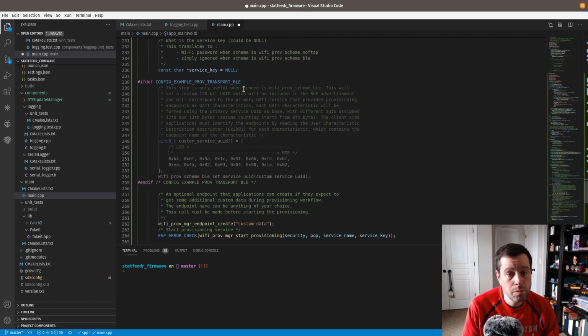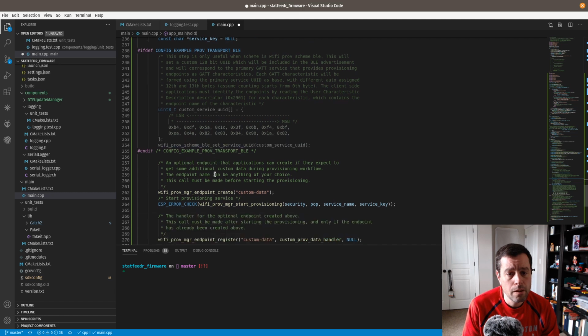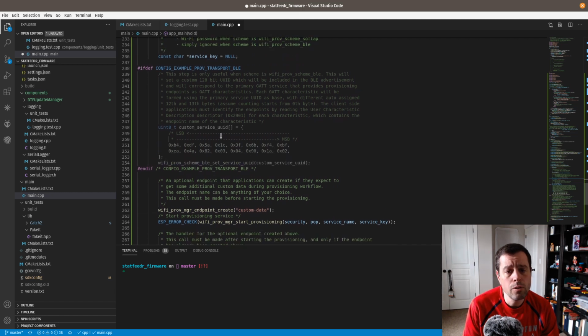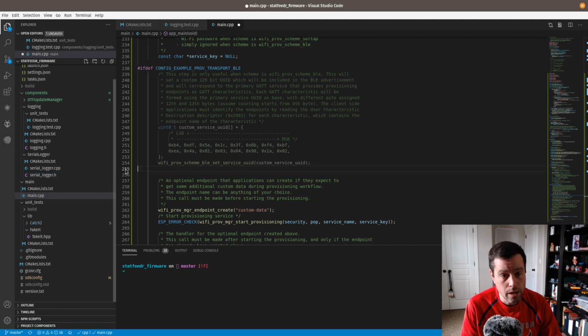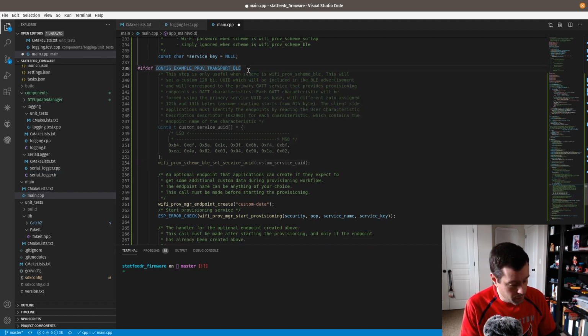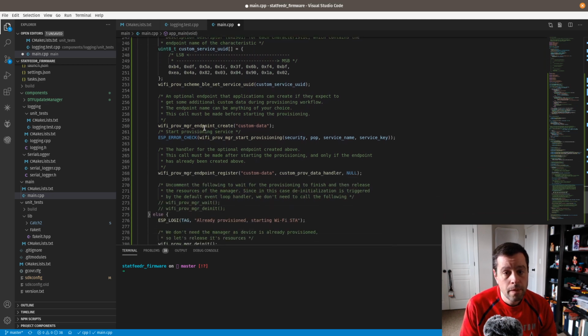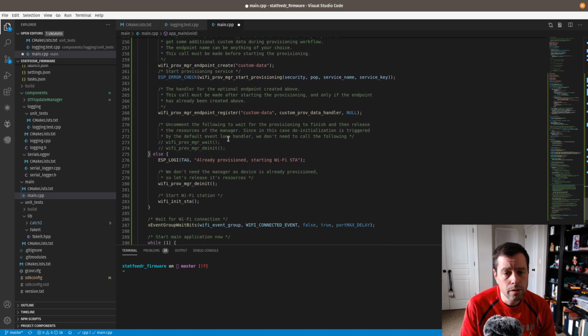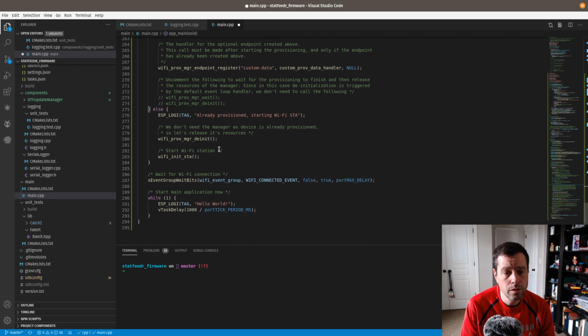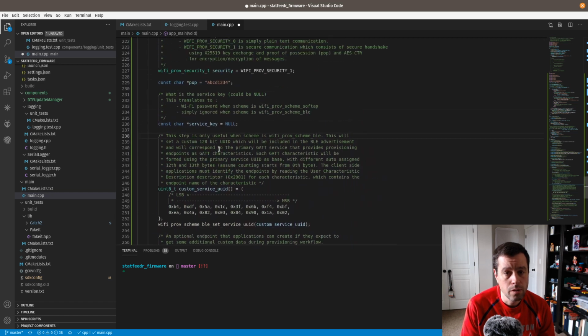If transport BLE, I don't know, we need to set a custom service UUID. I think this may be specific to their app, which we're going to download and hopefully be able to provision with, depending on how far we make it through here. But we can get rid of the gate around the BLE code here, because we do want that. This custom endpoint we'll play with, so we'll leave it there. Custom data, already provisioned. Okay, I think we've gotten rid of all of the